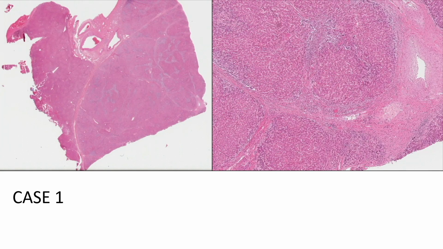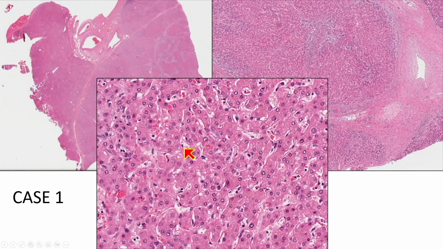Case number 1 is going to show you a lesion. Here we can see the margin. The lesion is well demarcated. So we know that we are there, and perhaps I should have shown here that it has a slight nodular architecture. There's a pretty thick vessel here and a little bit of bile ductular reaction. These are all key features of this entity, and I'm going to show you the cytology a little closer, which shows pretty bland